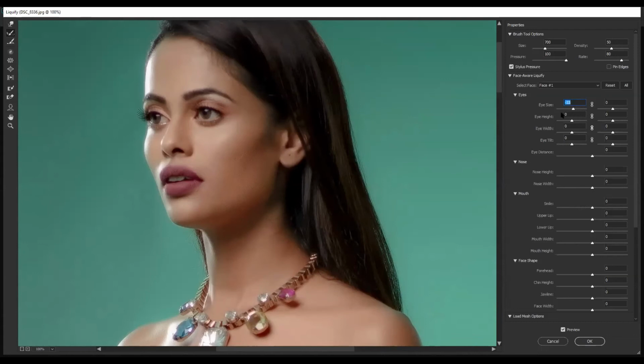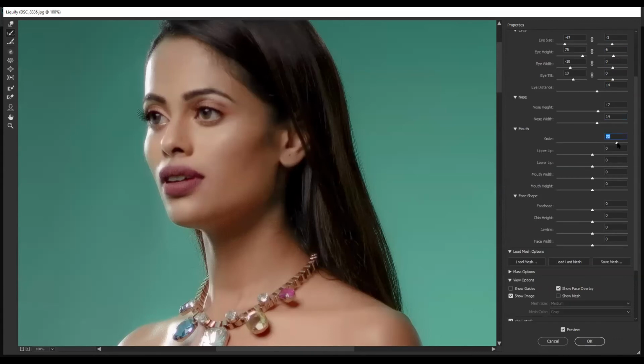You can see the eye size, the eye height, the eye distance, now the nose height, a little smile or sadness, thickening or narrowing the lips, the lower lips, widening the mouth, shortening the mouth.